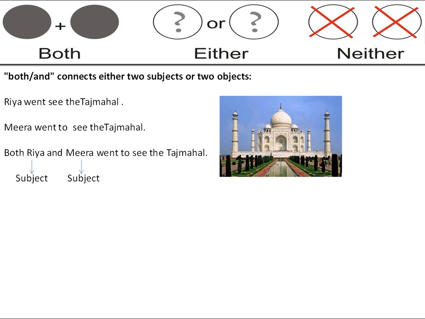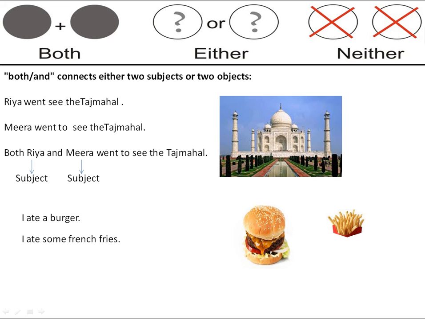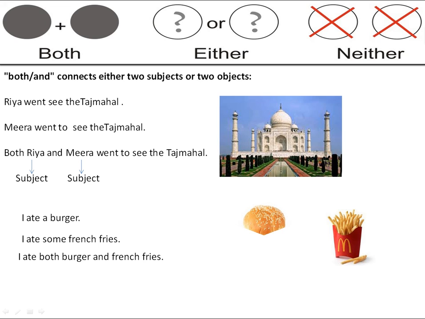Let's look at how we connect two objects. I ate a burger. I ate some French fries. So to make it simple, rather than saying two sentences, we should say one sentence. And it should be, I ate both burger and French fries. So here burger and French fries are two objects, right? Which we are connecting with both and as a correlative conjunction. So let's move on